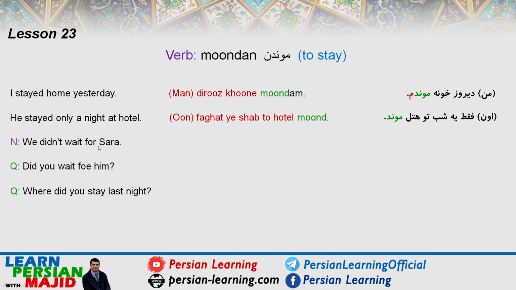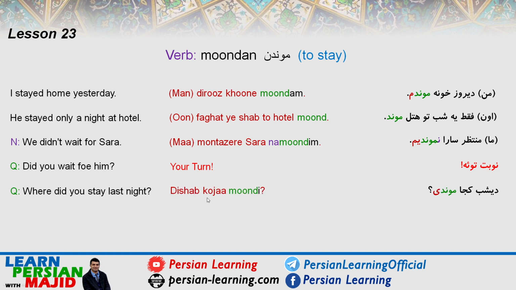We didn't wait for Sarah. ما منتظر سارا نموندیم. Wait for means منتظر somebody موندن. Did you wait for him? It's your turn. Where did you stay last night? دیشب کجا موندی؟